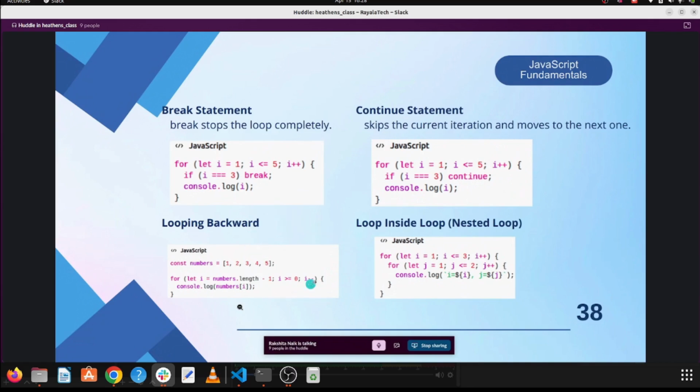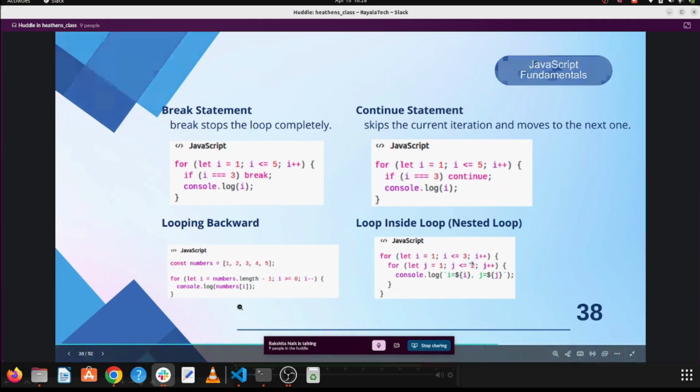Next, a loop inside a loop is nothing but a nested loop. For i equals 1, it is a loop inside a loop. Here we have the example of a for loop inside a for loop. You can see that. Moving on to